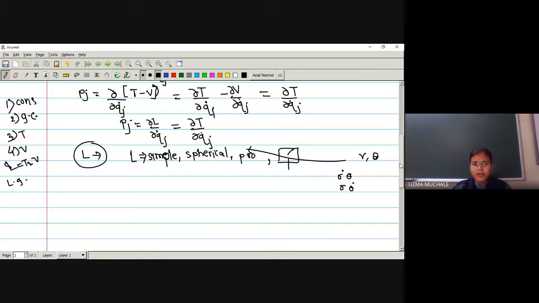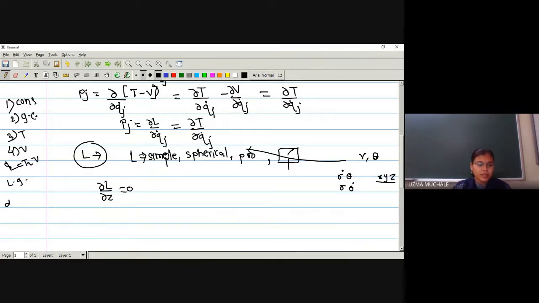Every time it is not a function of all the generalized coordinates. In the case of r and theta, or if suppose it is x, y, z also, the equation of L does not always involve all the generalized coordinates. That time we can say, if suppose z is absent in L, dou L by dou z will be equal to 0. So what will be the derivative of L with respect to z? It will be equal to 0. Sometimes we have also seen it.